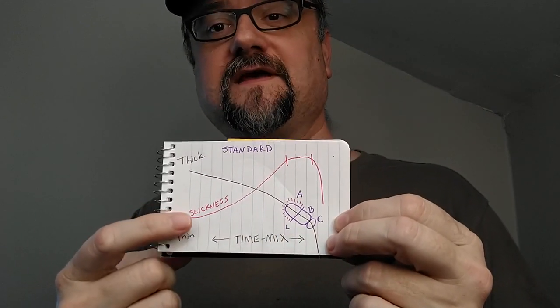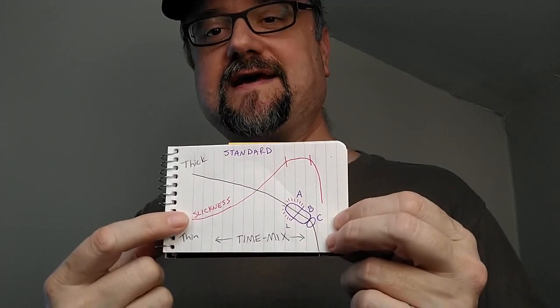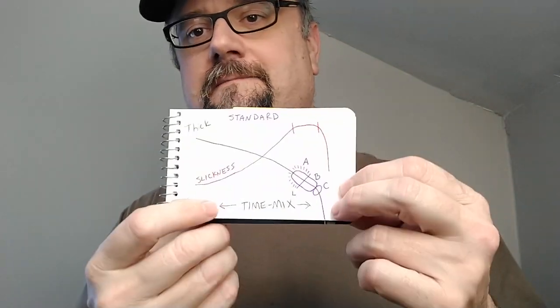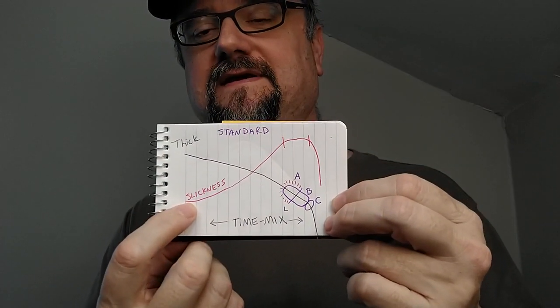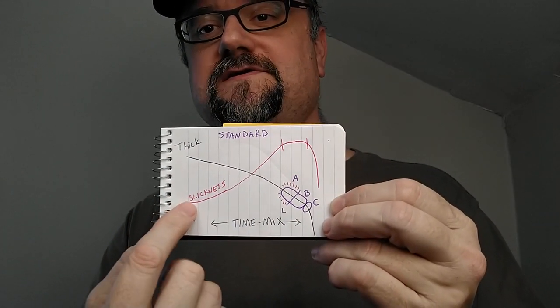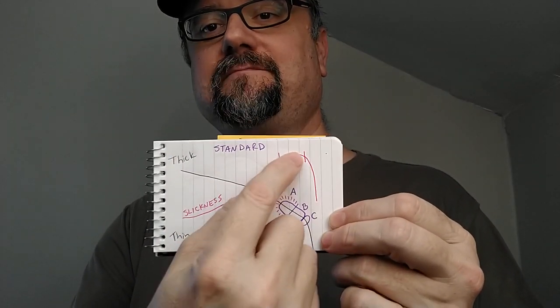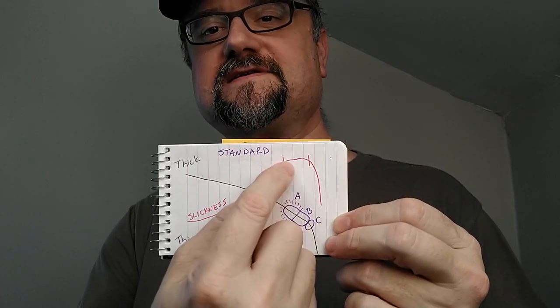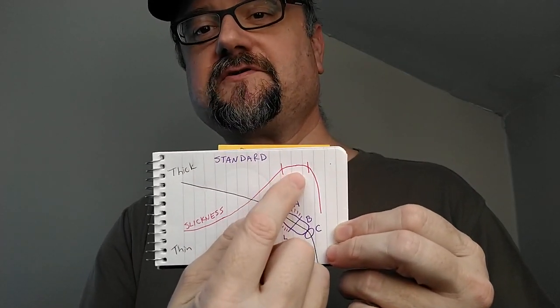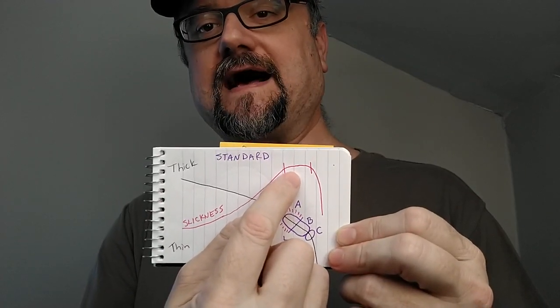Now the other line represents slickness and protection. I believe that protection comes as a byproduct of the slickness. If you've got a slick lather on your face, albeit perhaps a thin layer, then you're going to be protected, is my current belief. And so slickness and protection, kind of the same thing. As you move along and add more water to your lather, the slickness starts to grow. And then at some point, there will be a peak where it is as slick as it's going to get due to the water and the soap being in the right combo, that optimum combo.